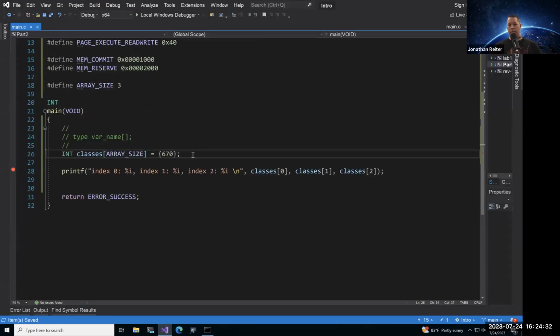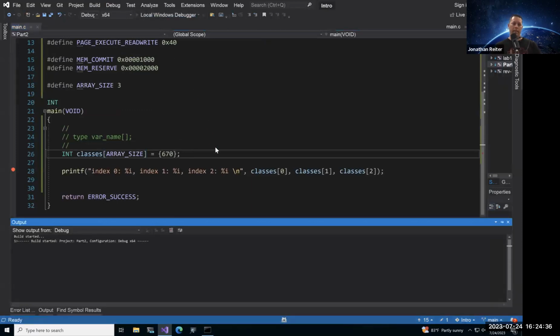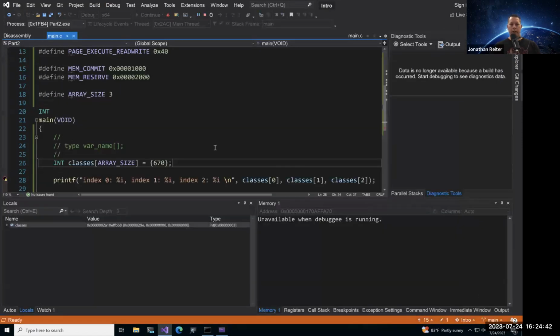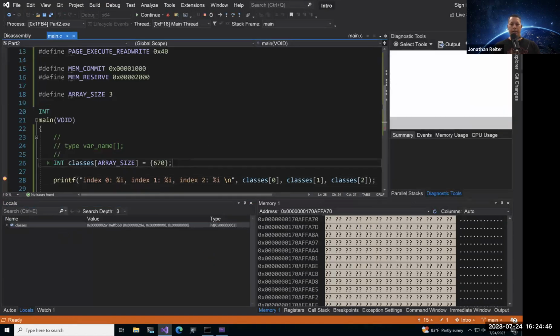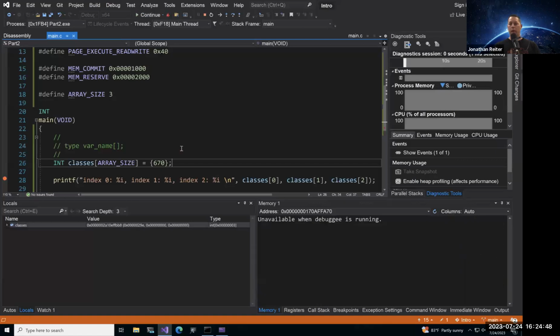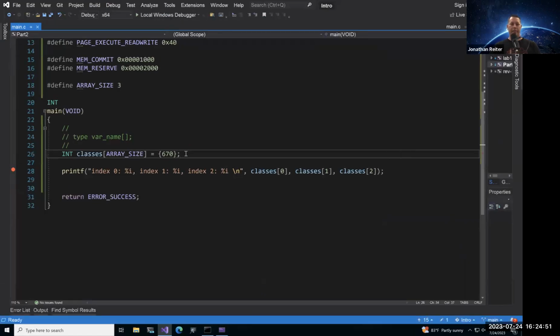Everything is still the same on the back end. If you debug this again, it's going to be the same thing. There are going to be 3 items in this. I'll hit the debugger real quick to show you. Nothing has changed, it's all still there. Perfect. To me, that just enhances the readability of the code. That way, if anybody comes along after me, they can quickly know exactly what's happening here with this array.